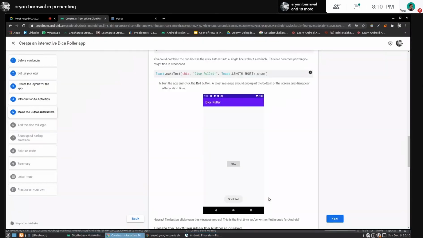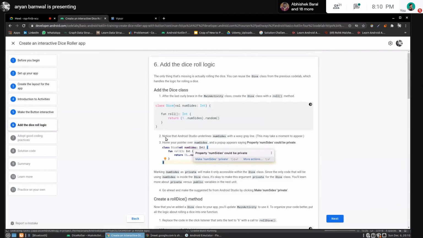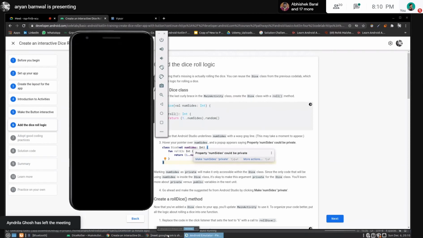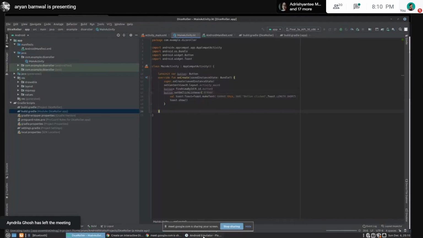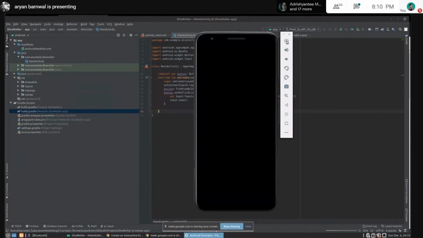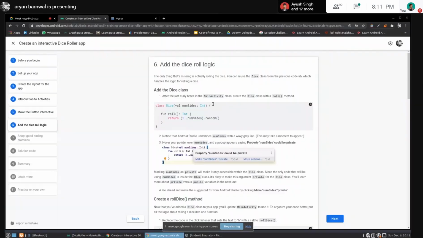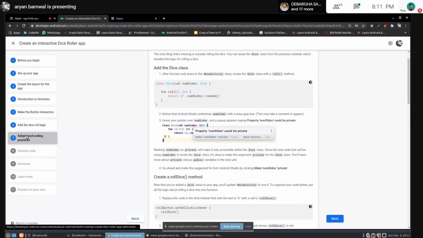It will pop up a toast, and after that we will create the logic for the dice. For some reason the emulator is not working, so you can try the code, it will work definitely with no problems. So this is how you create it.